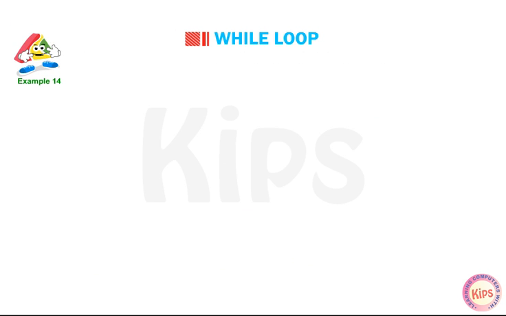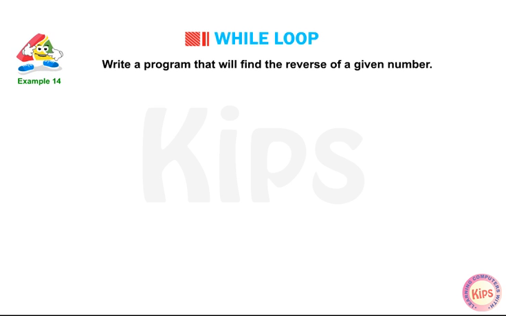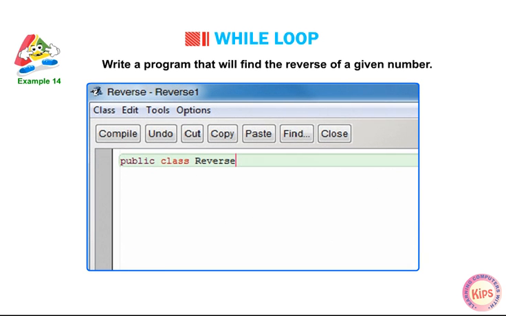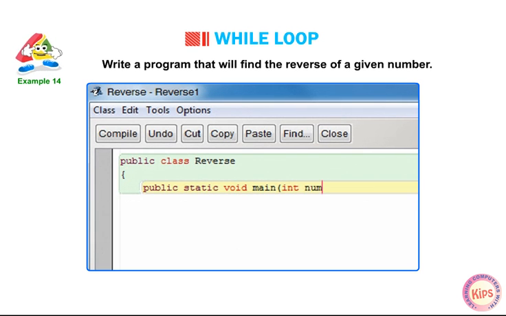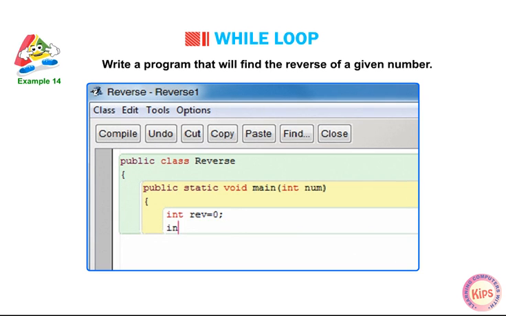For example, write a program that will find the reverse of a given number. public class reverse { public static void main(int number) { int reverse = 0; int digit;